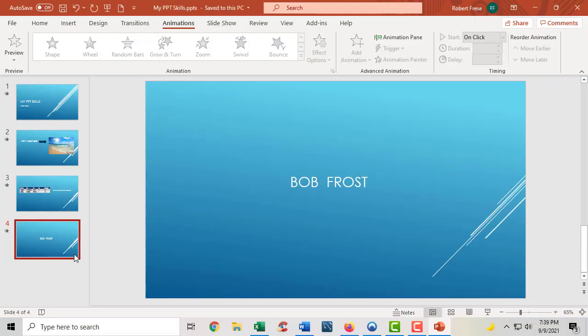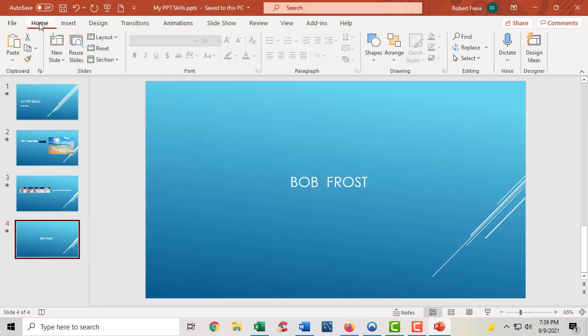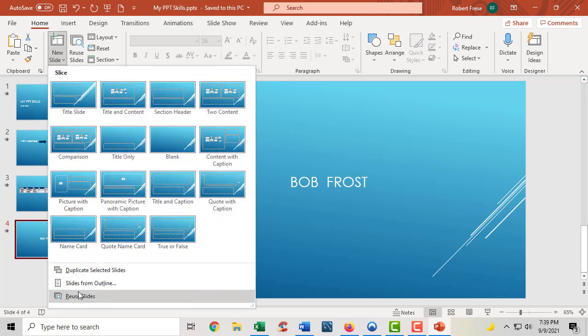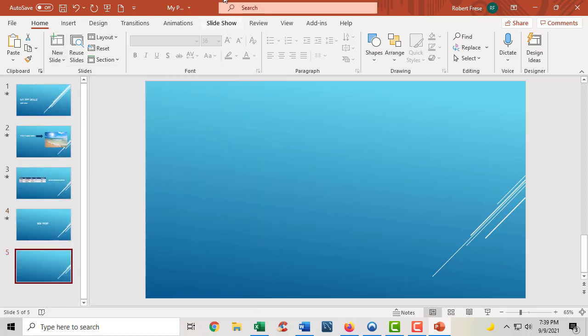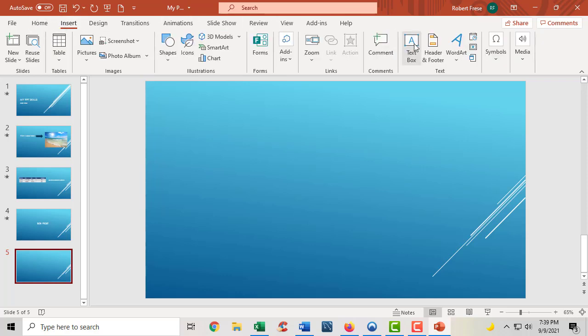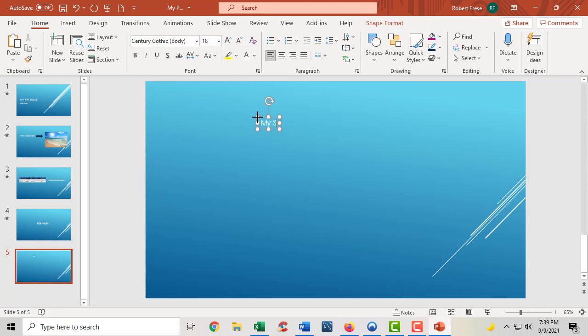So I've got one other slide to put in here, and I'm going to go home, do a new slide, and I'm going to say what I did. I won't get them all probably because I'm in a hurry to get this done, but I'm going to enter a text box. So I go to Insert, Text Box, My Skills, the things I did. So I can hit enter. I can hit 1. This is going to start, when I do 1 paren in a space, I'm going to start a list. So I added theme